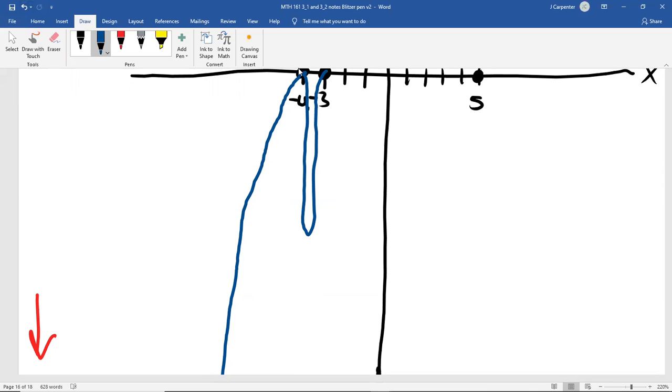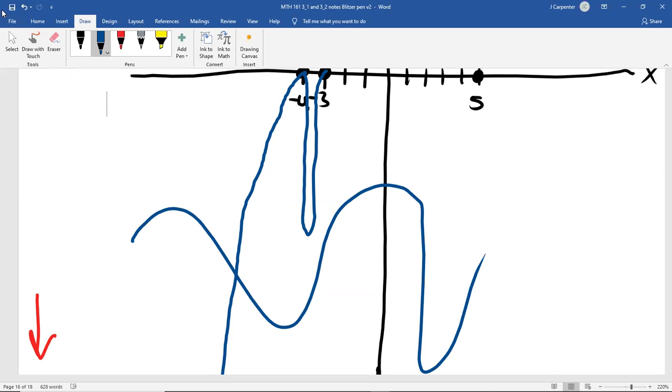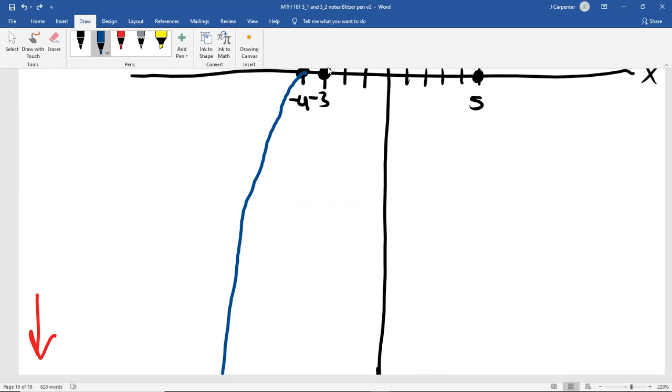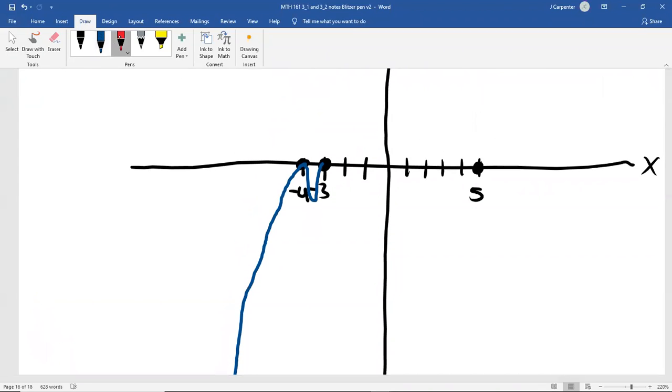Now, do I think that that's going to happen? Probably not, because like I said, we usually have these nice, smooth, transitional movements, and there's not a lot of space to smoothly transition that ridiculously low. So my best hunch is that it looks something like this. Now, doing this by hand on a test, if someone else thought it was going to do this, I'm not going to take any points off from them,